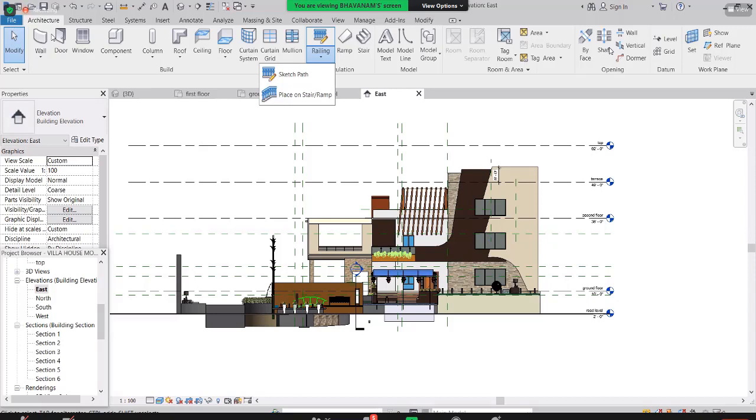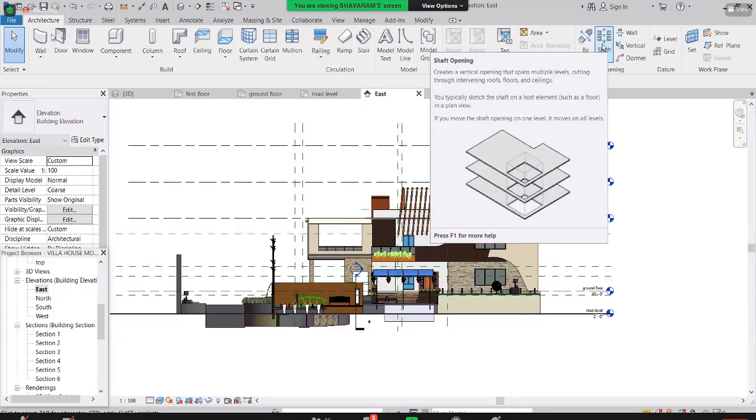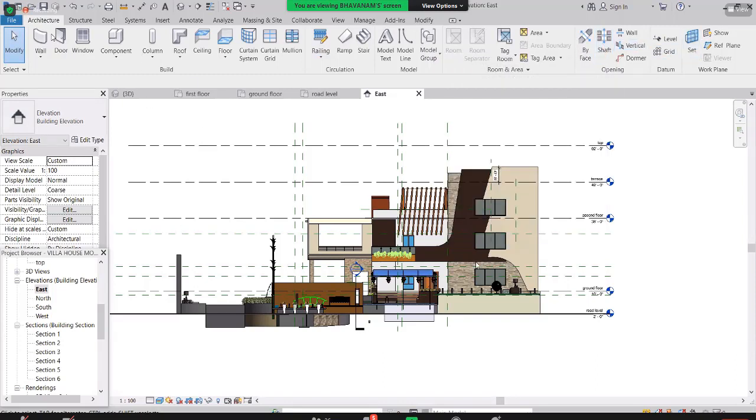Okay. One person asked while we are in 3ds Max, is there any option like Revit? We have a shaft option, but is there any option in 3ds Max? No, there is no option in 3ds Max. But once you come to here we have a shaft option. If you wanted to make any floor openings, just choose this one and give the dimensions, and you can drag it, and then it will show you one opening.